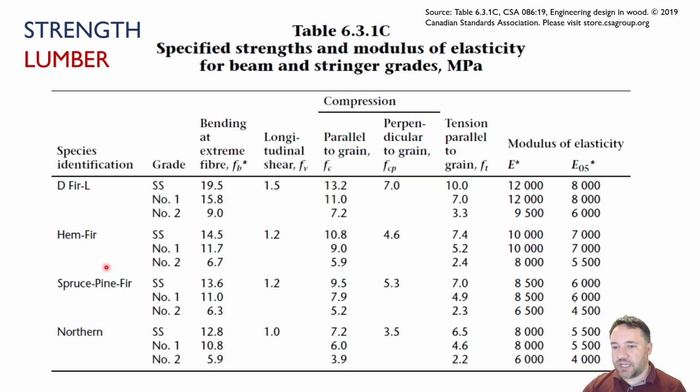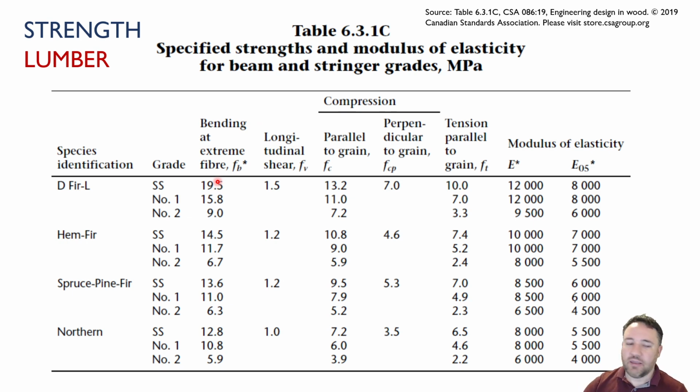You can see we have different species on the left and different grades, and we're going to talk about what those grades mean later in another video. But you can see that for each of these kinds of strengths, we have all different strengths. When we design in steel, we just have one strength, right? Which is our steel yield strength, Fy, which is typically something like 350,